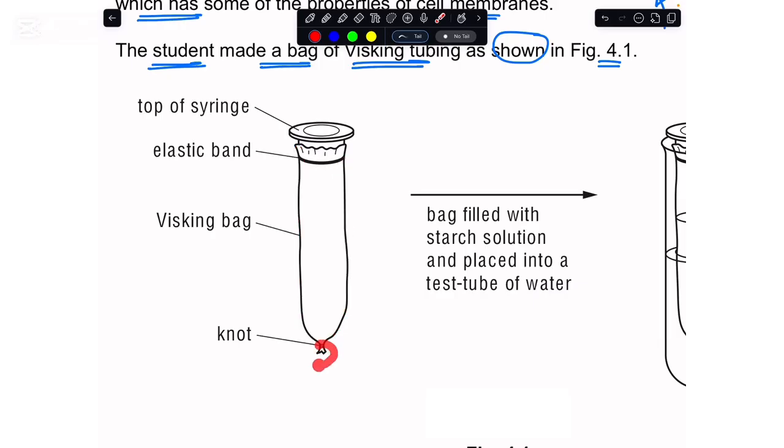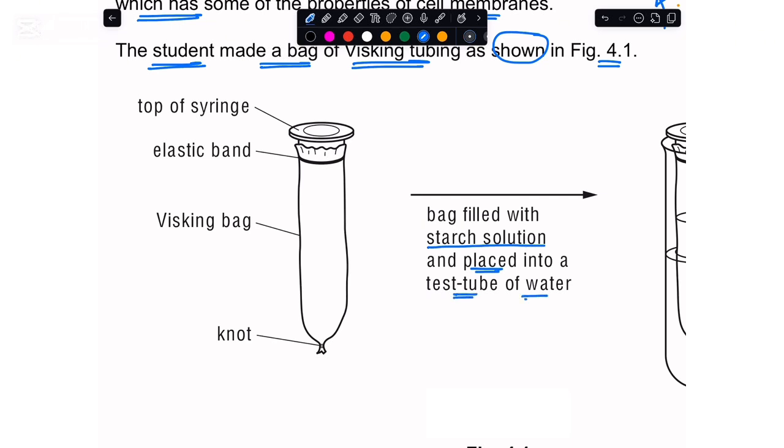They have placed a knot at the end, and then they tighten it up with the help of this elastic band. Now, if you see further, what the students here are doing is that in this Visking bag, they are filling it up with the starch solution, and this Visking bag that is mounted to the top of the syringe,